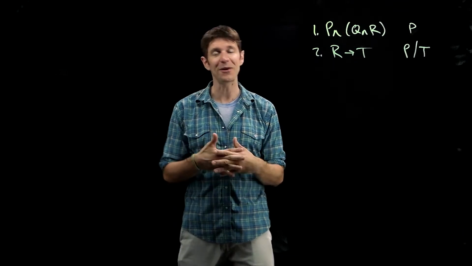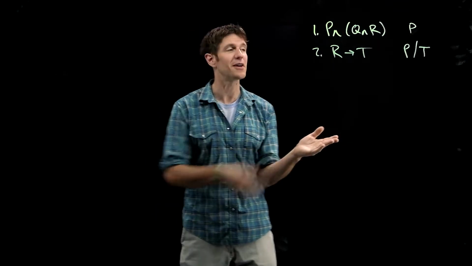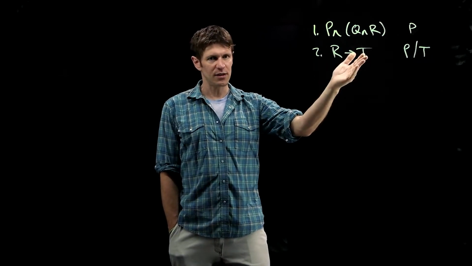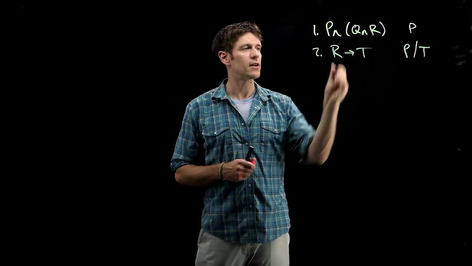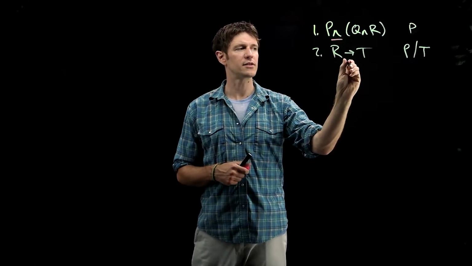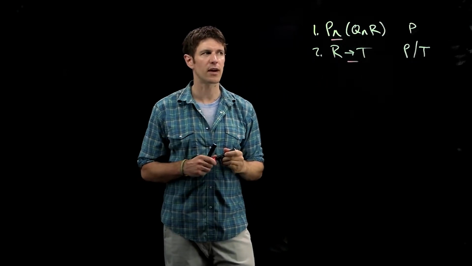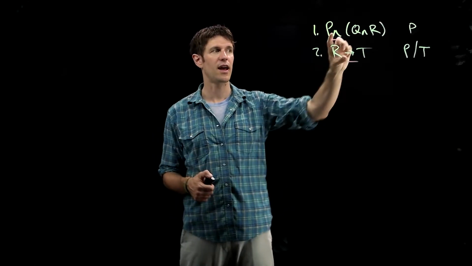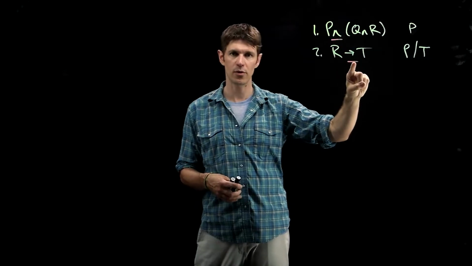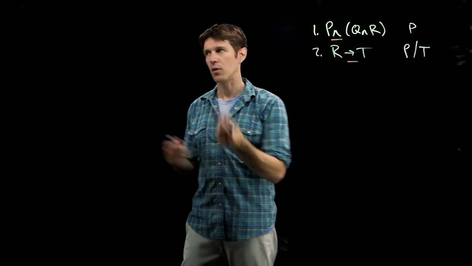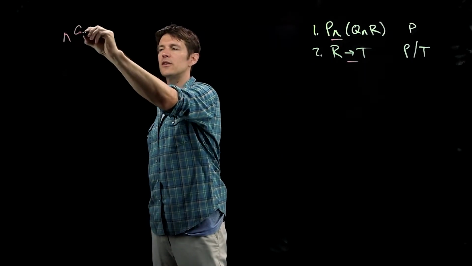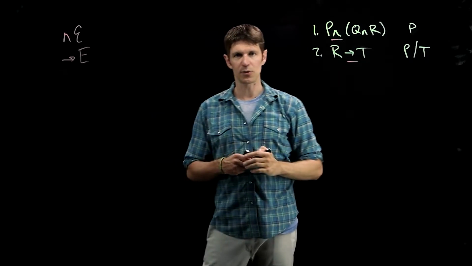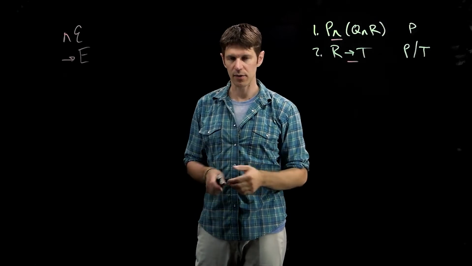Okay, hopefully you have paused the video. Let's work through it. In our case, we have a conjunction at line 1. So the main operator here is the and, and at line 2, the main operator is the right arrow. So we should look at elimination rules that have either the and or the right arrow. So again, we should focus our attention on 2 rules, the and elimination rule and the right arrow elimination rule,